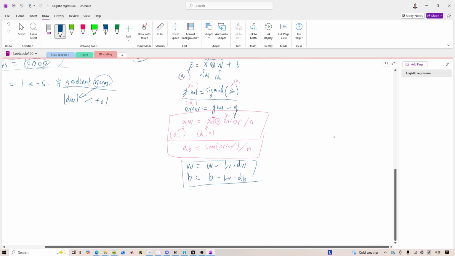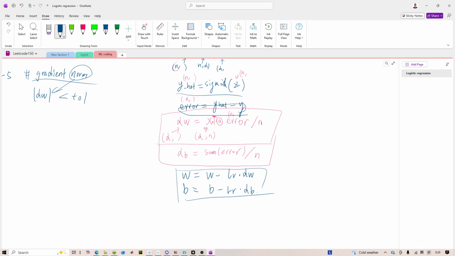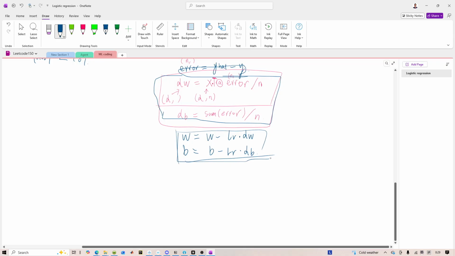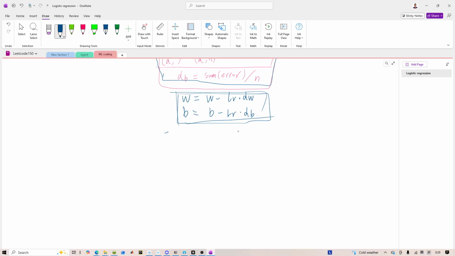So forward propagation, and then compute the error, and then compute the gradient, and then do the gradient descent, and then check your stop criterion,